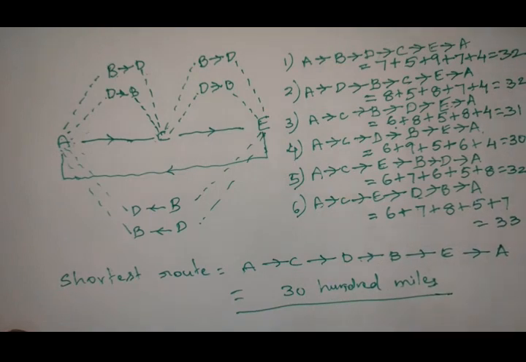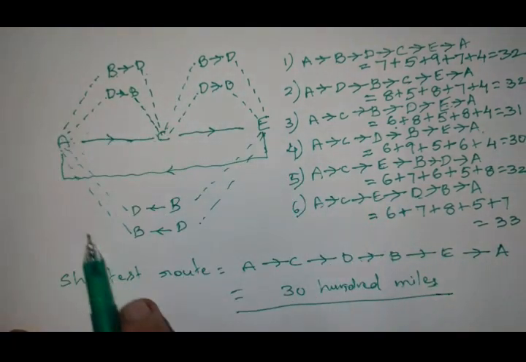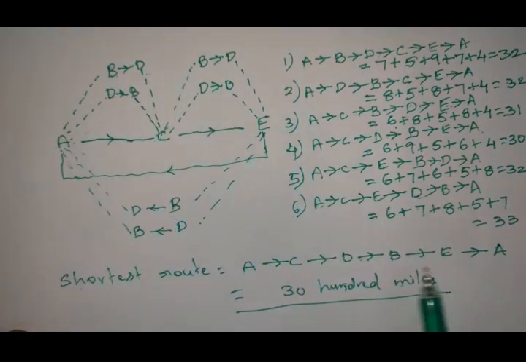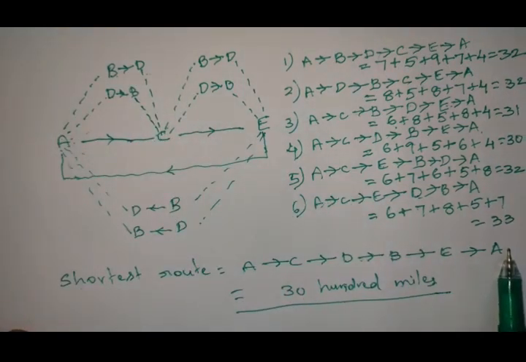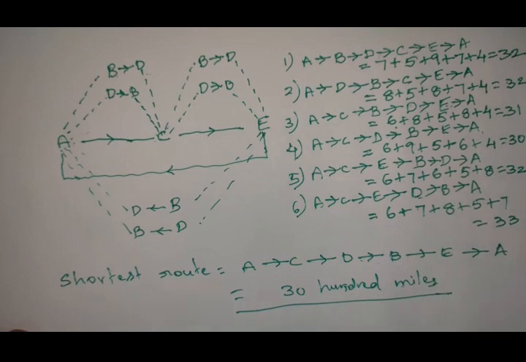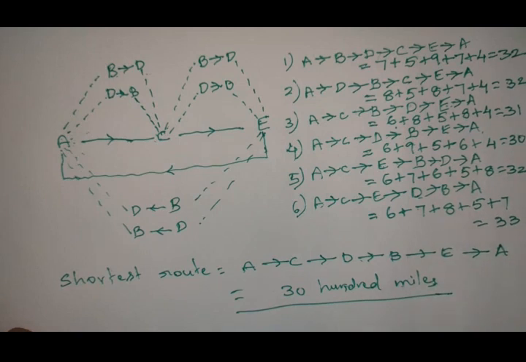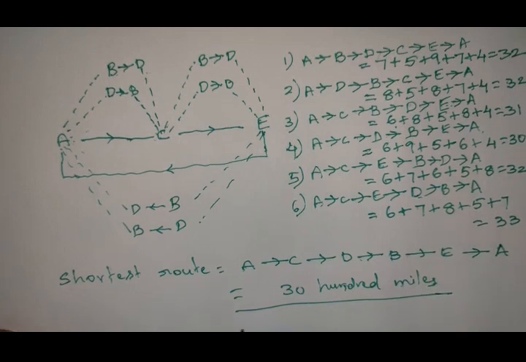So like this, by using the single routing technique, we can find the single shortest route for the traveling salesman. So the condition was also satisfied in the problem. The traveling salesman is going to start from the city A, and after visiting each city once, he came back to the city A. So all conditions were satisfied.